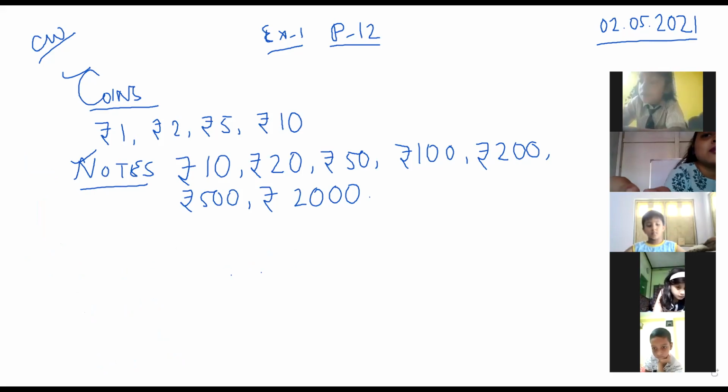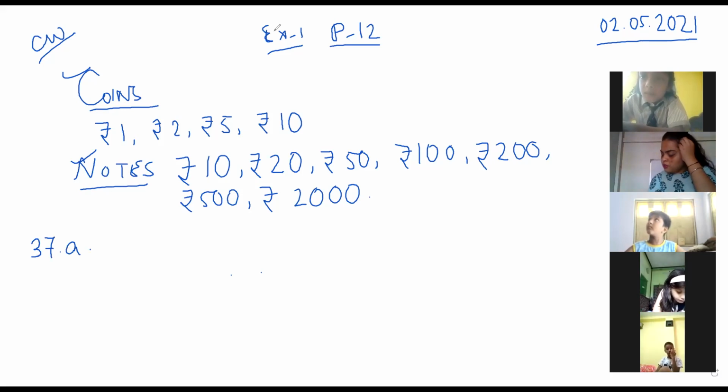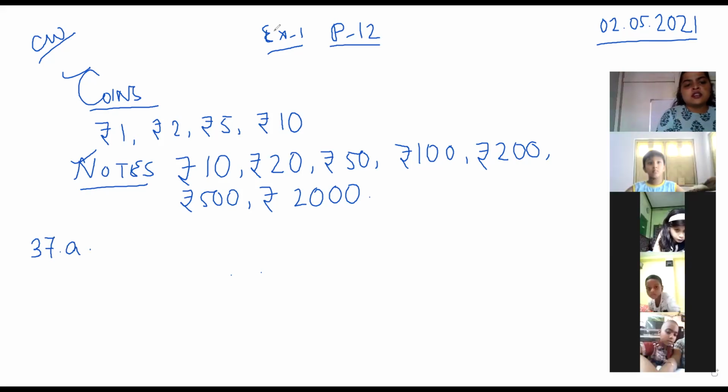Sum 37 is given what? Sum 37 says: how many 5 rupee coins make rupees 30? So the answer is very easy, 6 five rupees coins, because you see that here is a rupees 5 coin, suppose 1. 5 done. After that, when I'm giving you another rupees 5 coin, how much does it become?